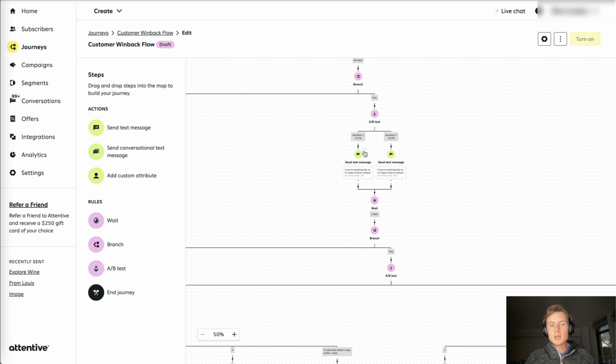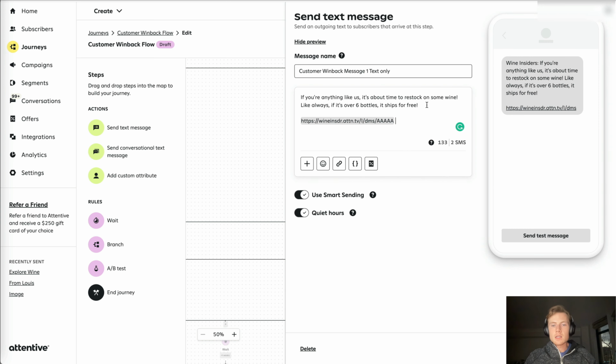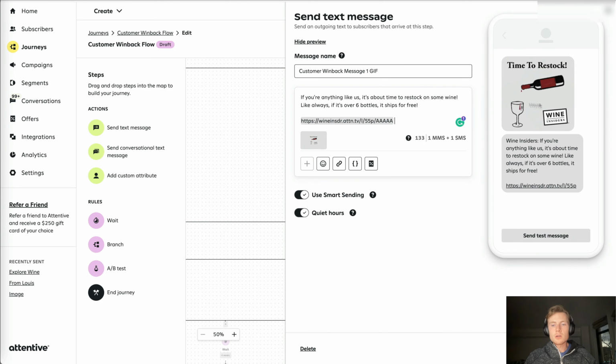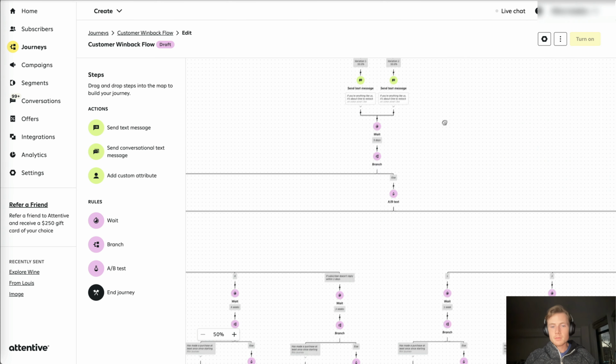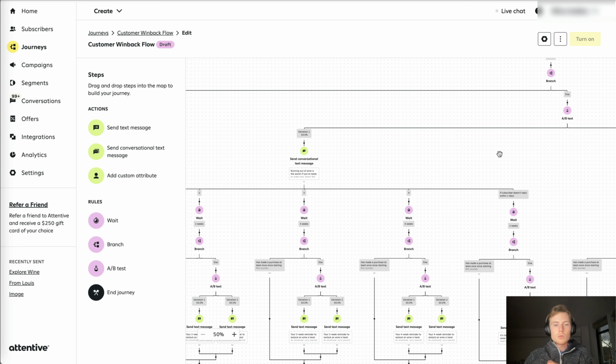Now, if they haven't, then we're sending them a message saying, if you're anything like us, it's about time to restock on some wine. And you can see we're running an A/B test here of a GIF versus no GIF. Then we're going to wait 5 days. Again, doing that same conditional logic where if they have purchased, they're going to end the journey. And if they haven't, now we're dropping them into what I wanted to showcase here, which is that conversational response